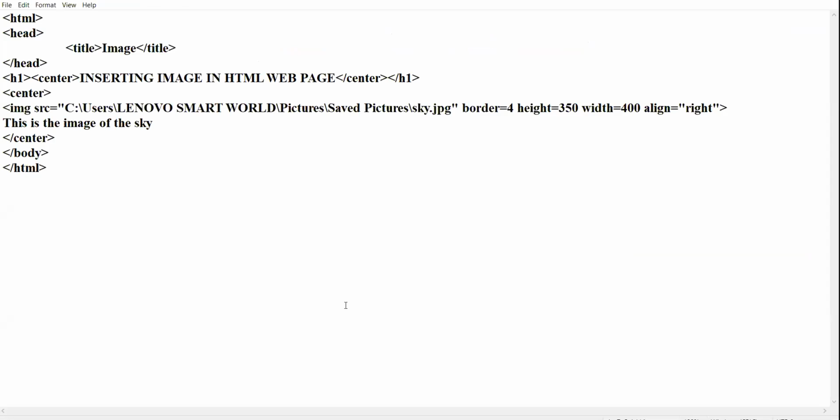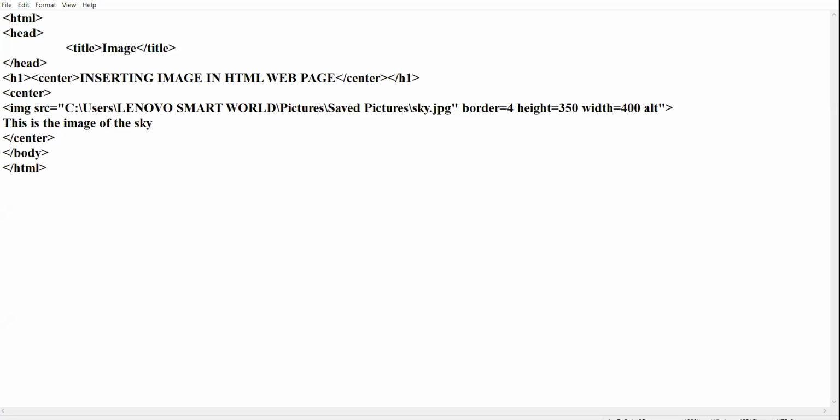Now, the next and last concept of the image tag. Suppose your browser is unable to display the image. Whatever image you want to display, the browser is not supporting that image. So, as an alternative, some message, some text will get displayed in that particular case where your browser is unable to support or display the image. For that, we will take the next attribute, alt.